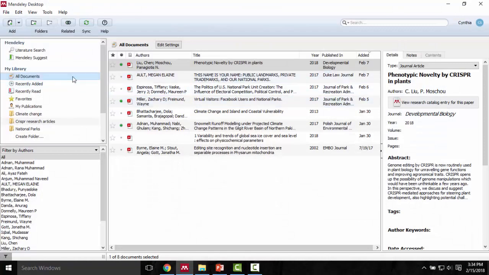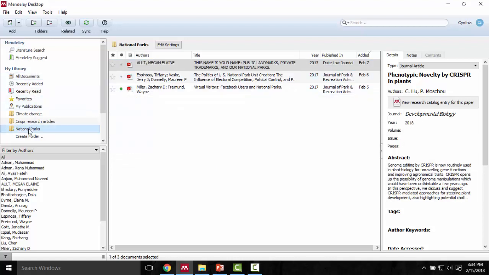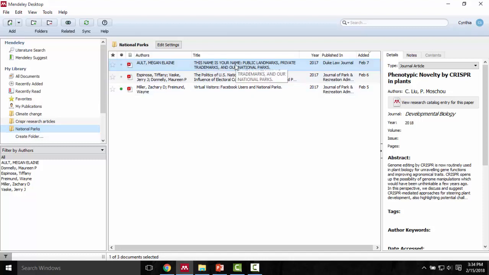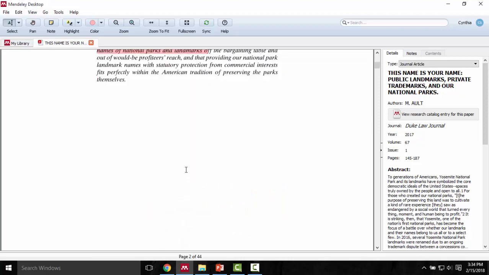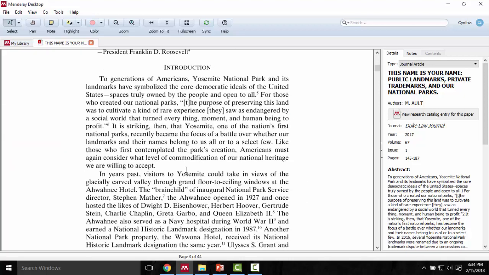So here are all my documents, and you can see I have added PDFs to all of them. On the far right is my citations, and I've added a folder for national parks. So I'm going to open that up, and I would be reading it in the Mendeley PDF viewer, which is